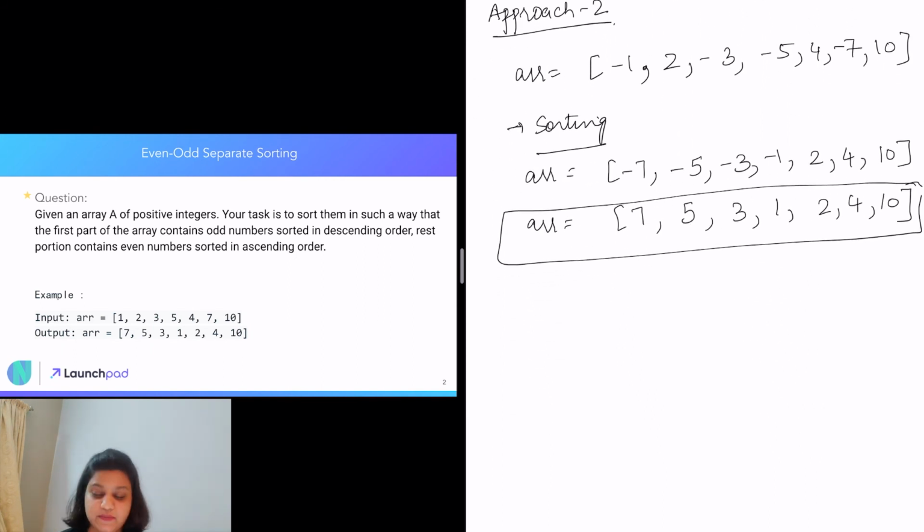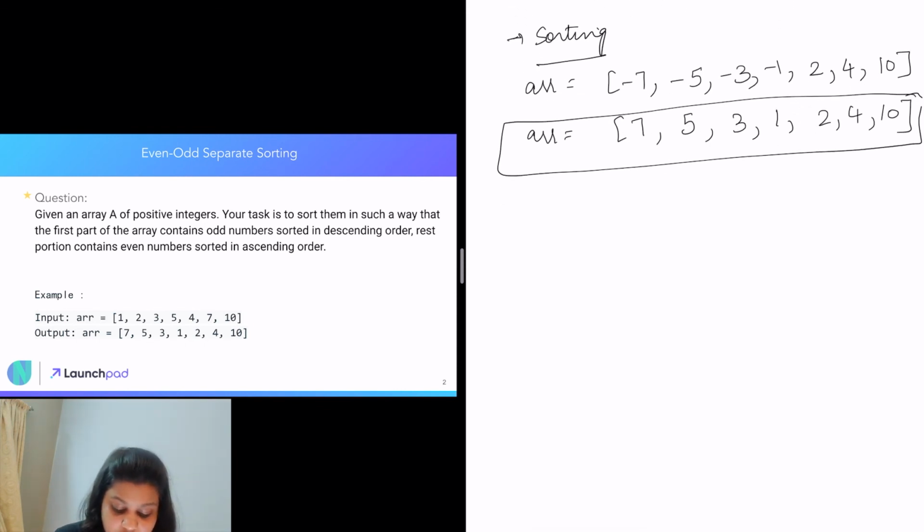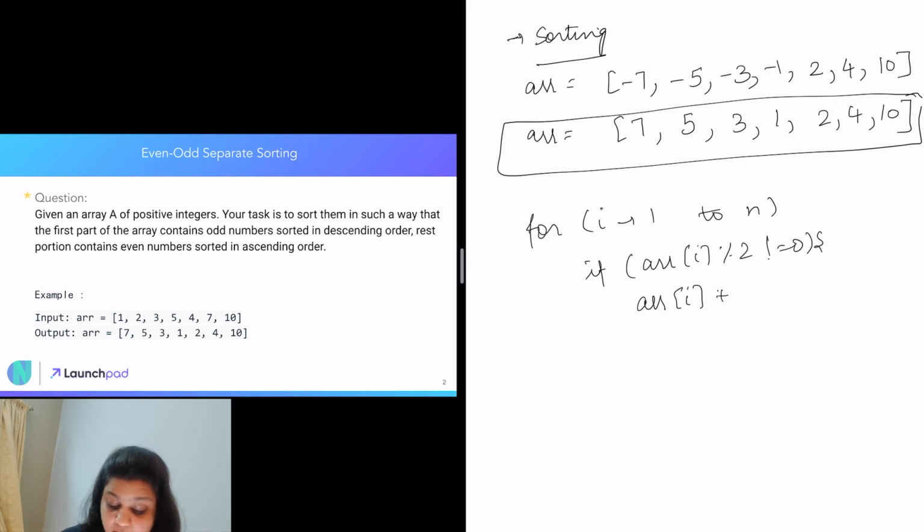But coming back to this question, as we discussed our approach 2, let's now write the logic for this. The logic will be that we will first go through the entire array, and if we come across any element which is odd, then we are just going to multiply it by -1.